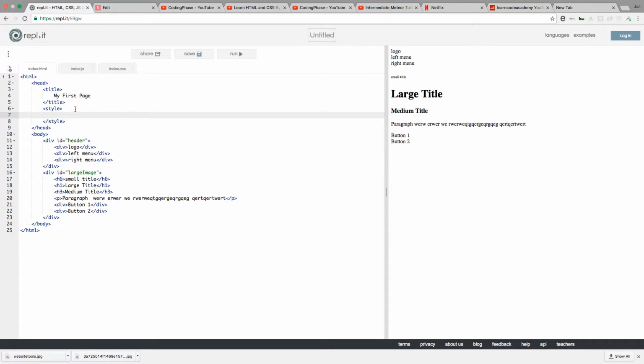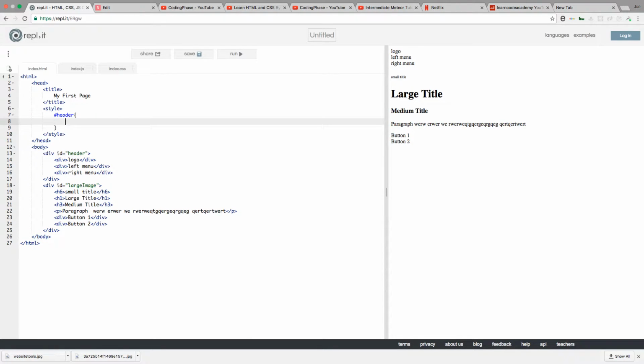So we'll say hashtag header, which means the hashtag is calling to the ID. When you say hashtag, you're saying that's an ID. I want the ID named header, and I want to change it to